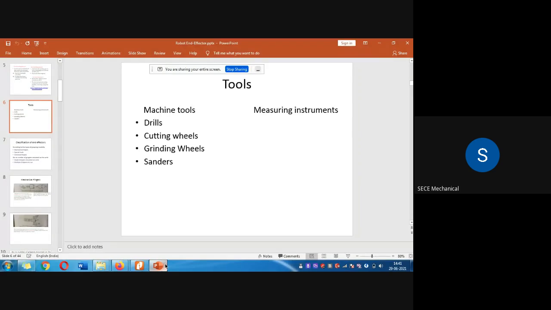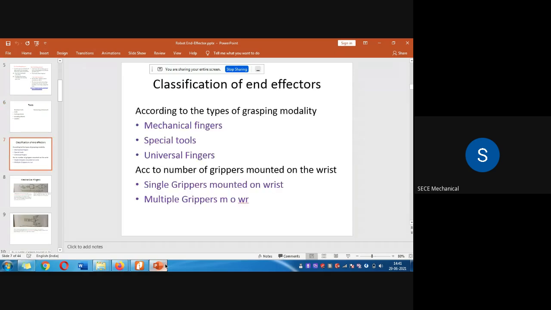So apart from grippers, there are these types of end effectors. I am using the word tackle as end effector. So those end effectors can be used as a gripper and also for these types of tools. The tool, in the sense, is for machine tools, that is for drilling purposes, cutting wheels for cutting the material, grinding wheels for grinding the material, and sanders for smooth finishing, and for measuring instruments. So the end effector is also meant for measuring instruments, for measuring the part. So based upon these general classifications,